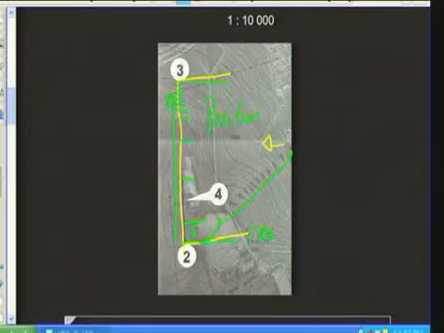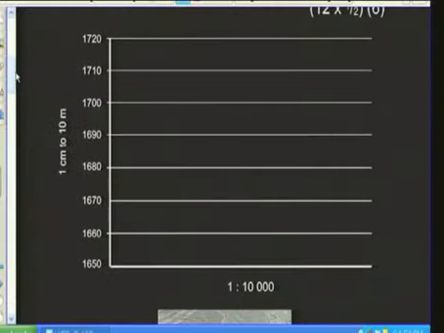So this one is going to be 1705. There's spot height 1706. This line here is also 1705. So in actual fact, they are linked. So what we would then do is take that piece of paper, once we've marked off all the different lines, take it back to our map, our axes that they've given to us, and start to plot them